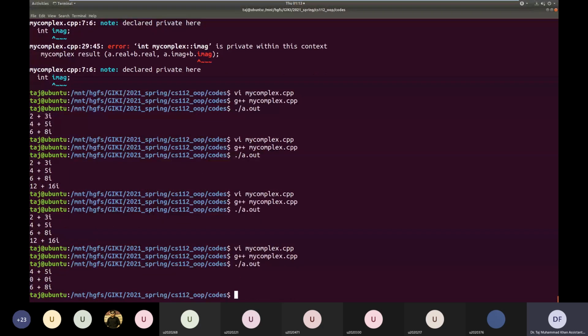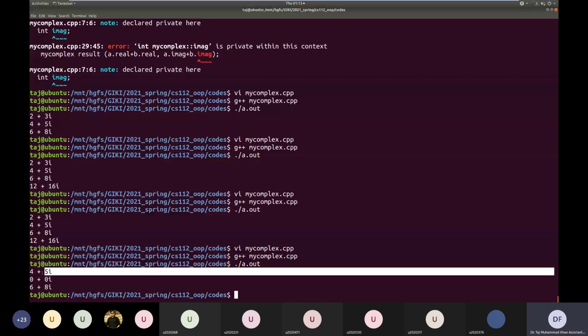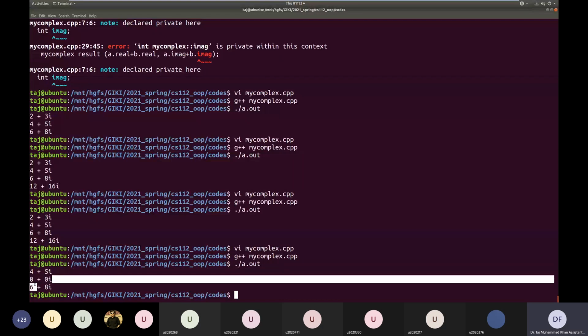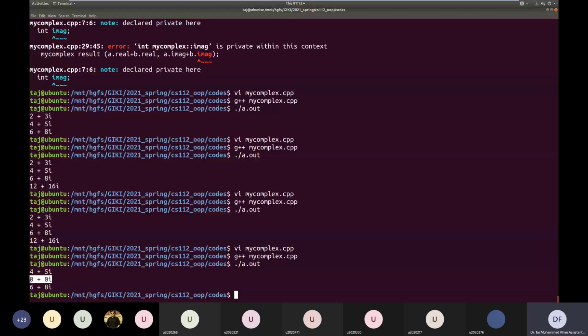Okay, so the last line we can ignore it. This is basically C4.show, and here we have 4 plus 5 and 0 plus 0. So this means that the right hand side operator, let me open it side by side.